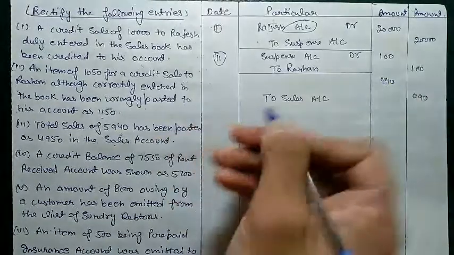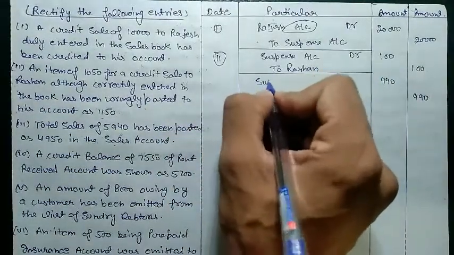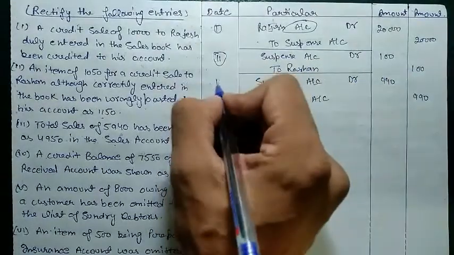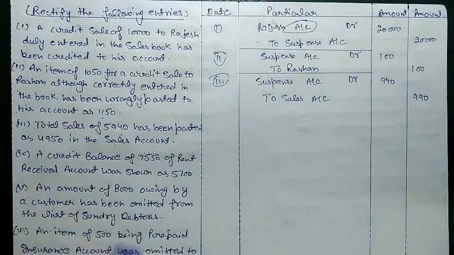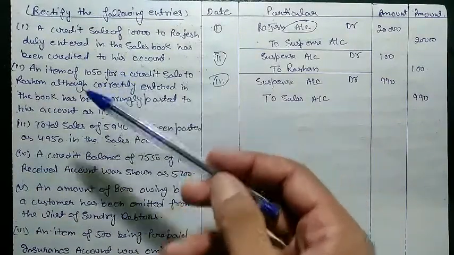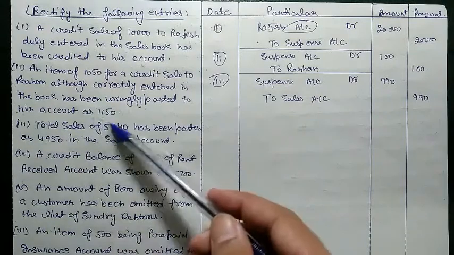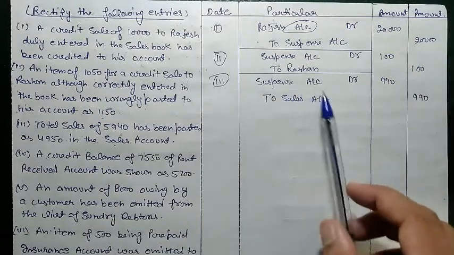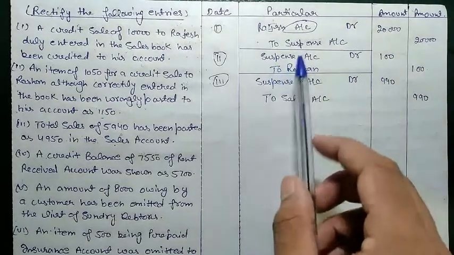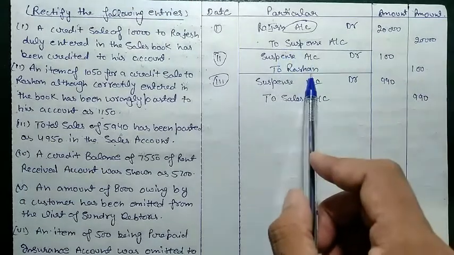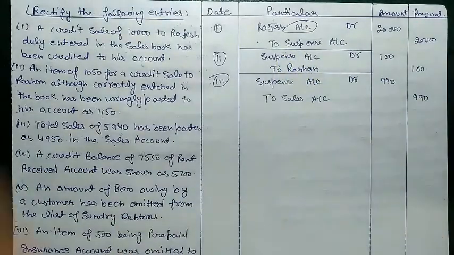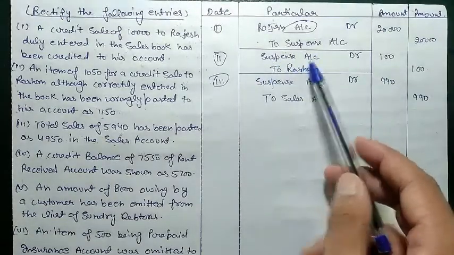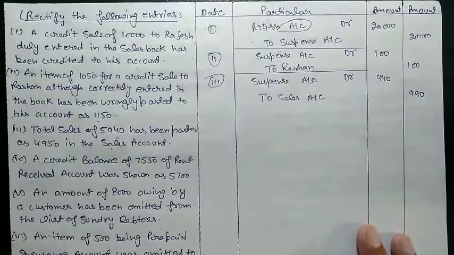Whom we will debit? As we all know, we debit suspense account. For a single side error, we have only a single account, that is suspense account. In this case, same as in the second case, we have debited more. In this case we have debited less, so we will post the same entry. In this case we will not reverse the entry. In this case we reverse the entry, because the entry for sale will be Roshan to sale, but because we have debited more, we will reverse the entry, that is sales to suspense. But sales account is correctly entered, so we will use suspense account in this case.